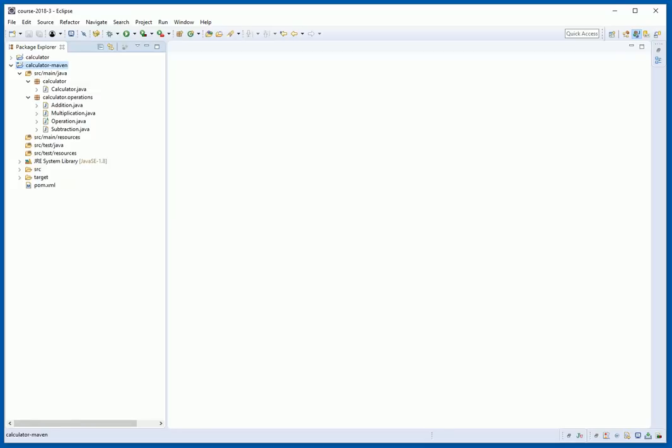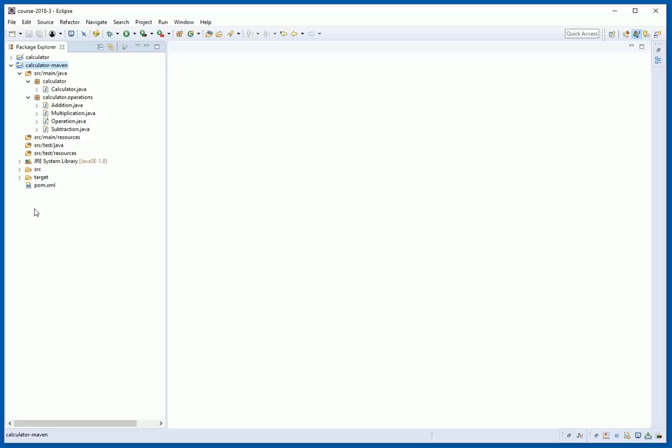On our calculator project, we now want to include a testing procedure, and we want to automate such a testing procedure in such a way that every time we add a new model, we can just run all the tests and see if the new code is correct. To do that, we're going to use JUnit,